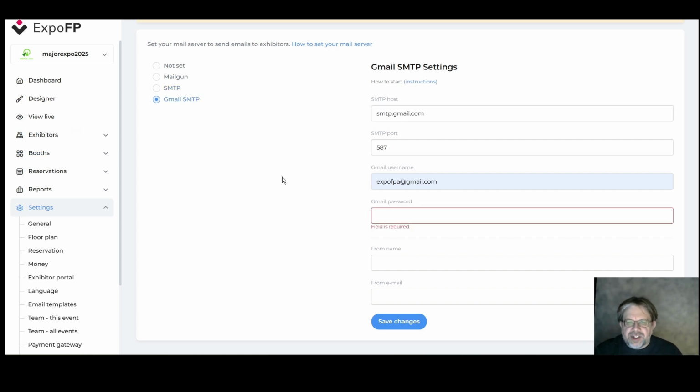Okay, now we'll have a look at Gmail SMTP. That's if you're using Gmail for your mail server. And smtp.gmail.com will be your host. 587 will be your port. Your username will be whatever you use to sign in to your Gmail account. And then your password, that won't be your Gmail password. That'll actually be a separate password, kind of like the API key. And the way to get that is you go to